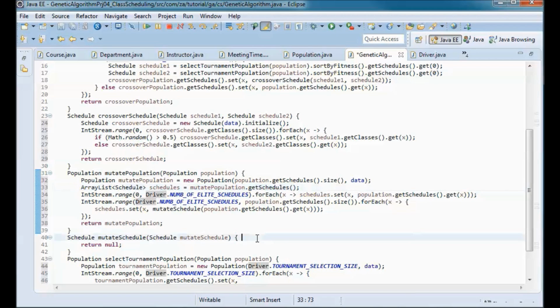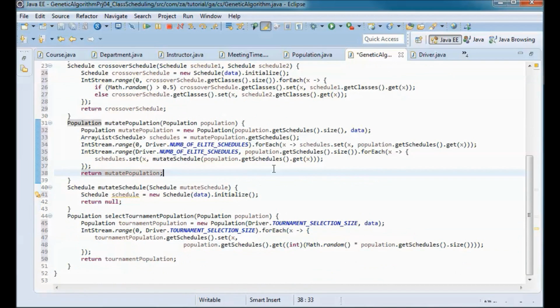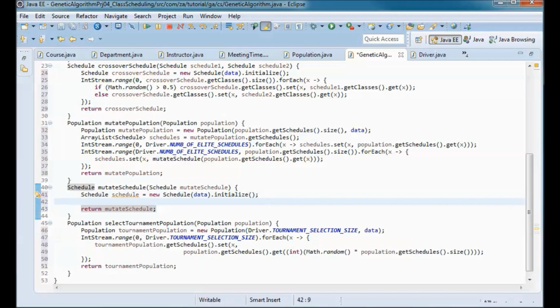So let's go to mutate schedule. We'll instantiate this schedule and return it, but before doing that, actually we'll return this mutate schedule that was passed in.